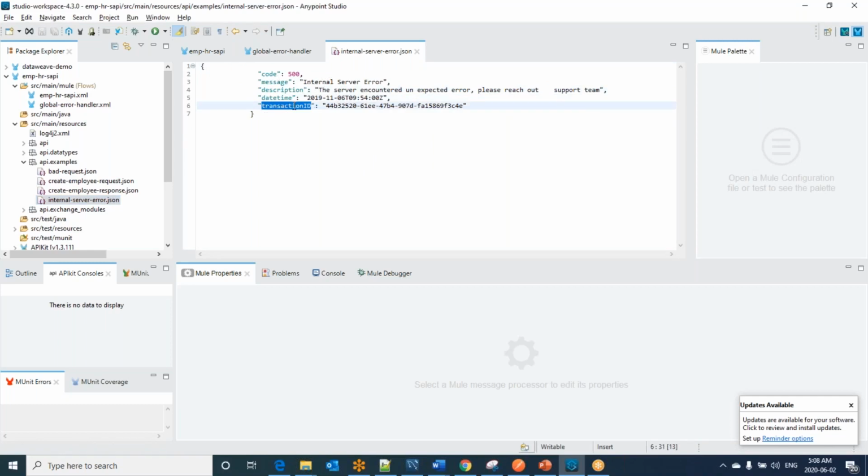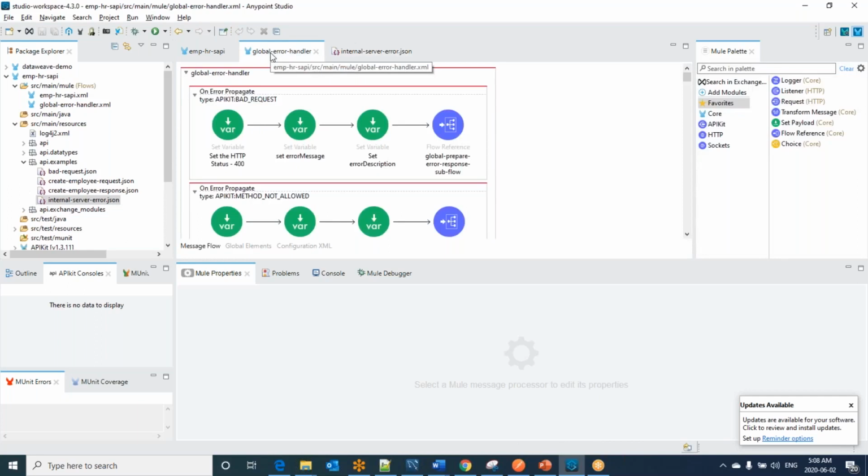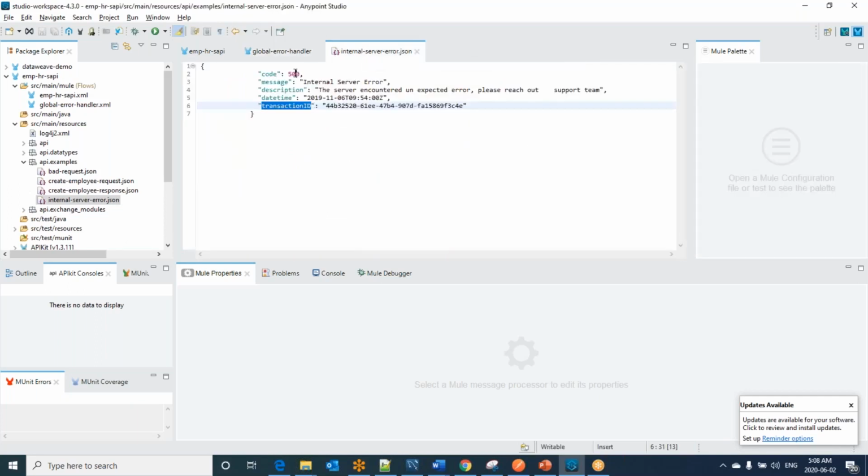ID. If you see in our RAML, we discussed the transaction ID trait to make transaction ID communication work over different APIs. This way we do it. Now I'm going to show that. Coming to the global error handler, I need to make that kind of response. So what it needs is a code, a message, a description, date time, nothing but the current date time, and transaction ID, nothing but whatever transaction ID I am getting over the request. If not, it is the transaction ID I am generating.